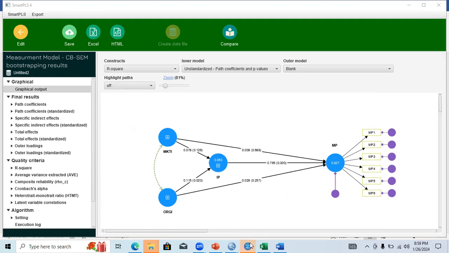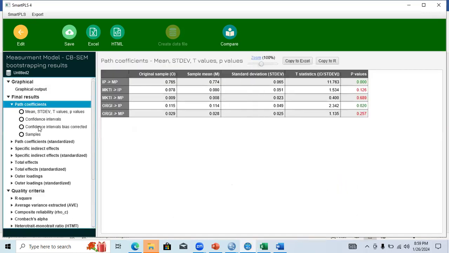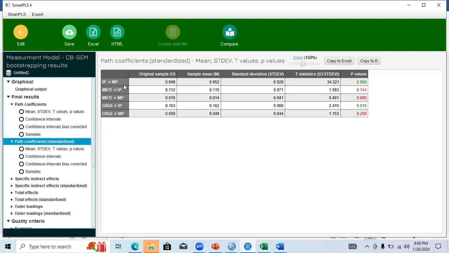So the model has completed. You can see there is a significant mediation analysis, and you will find the path coefficient results over here. You can also find the standardized path coefficient results over here. There is an impact of IP on MP, that is positive and significant.